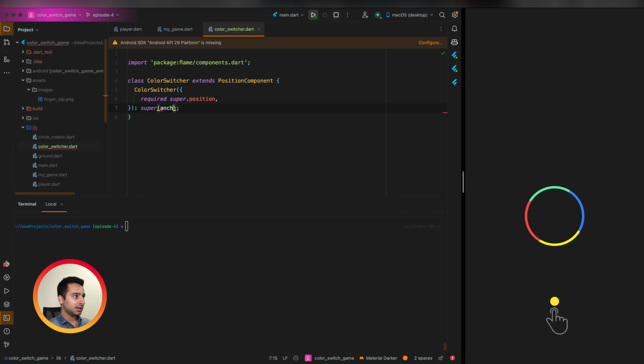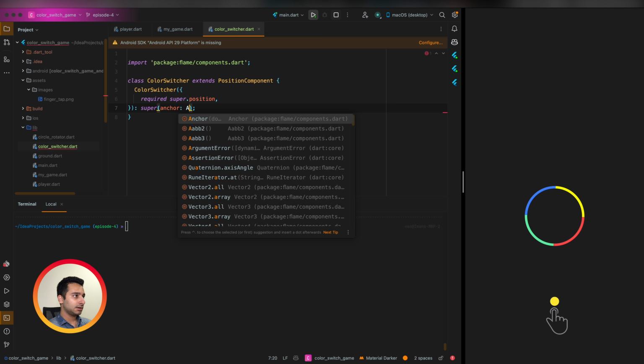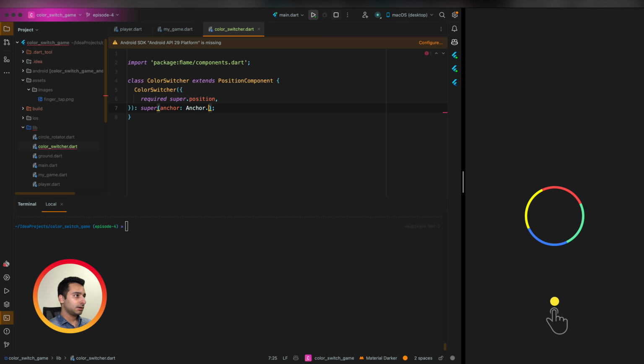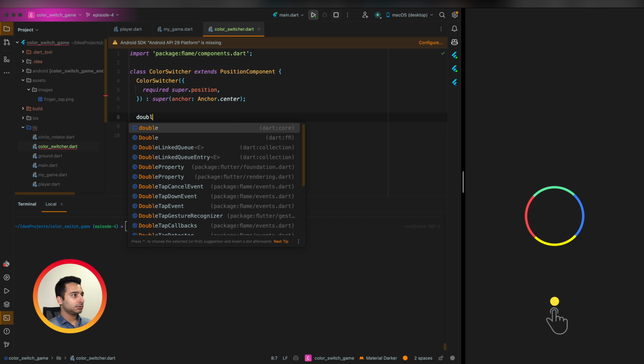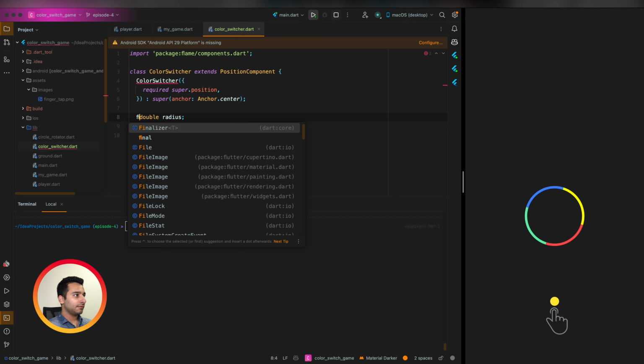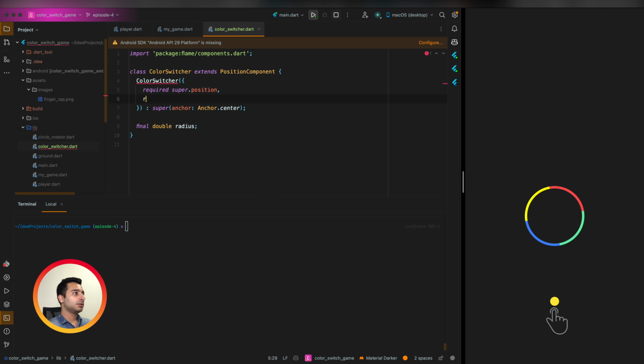We can set the anchor as a center anchor. We need to define a radius, maybe. Define a variable here. Or maybe we can make it optional with a default variable of 10. Okay, and let's add this